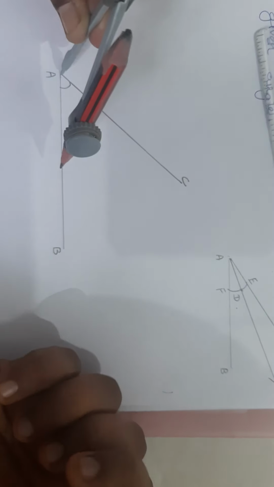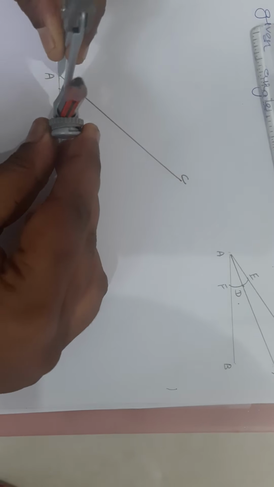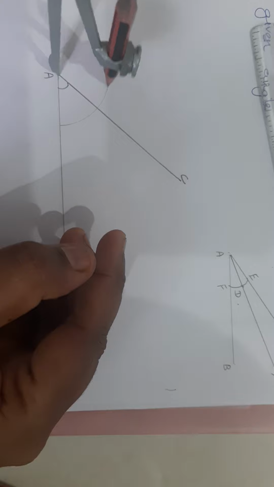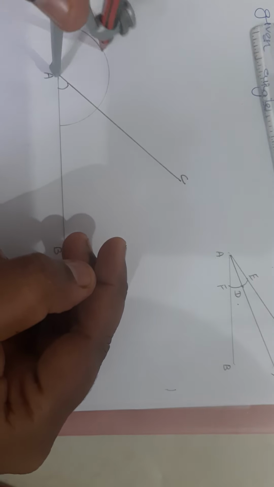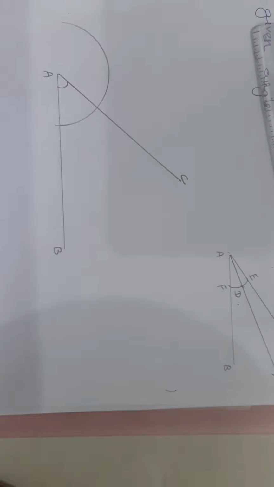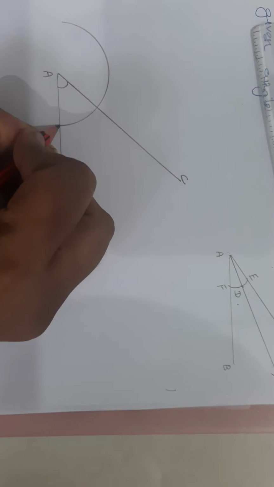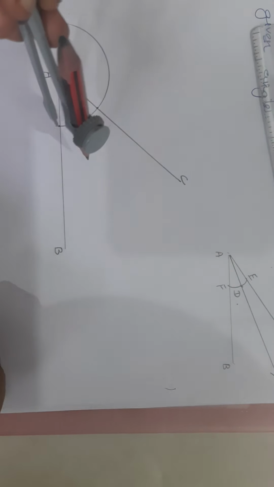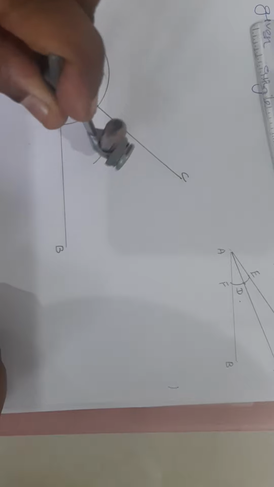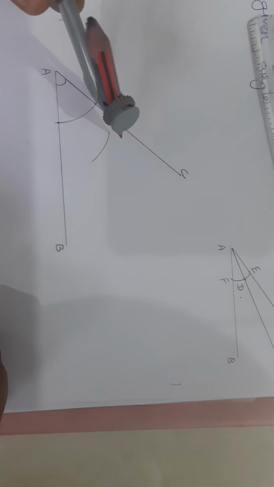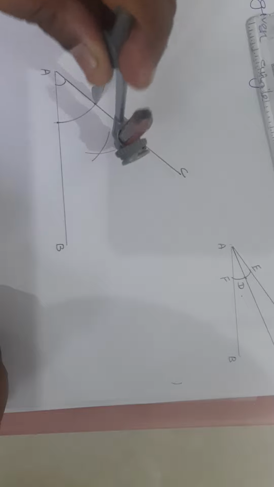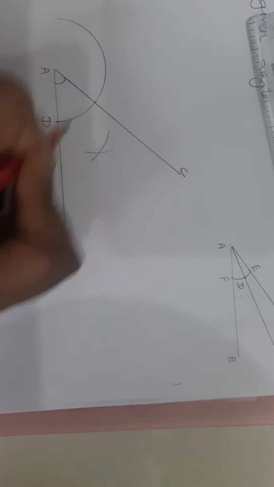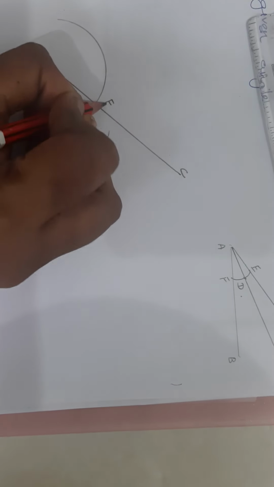Okay, you have to keep the needle in. Then take any one radius. Any radius. You just draw one arc. Then mark it as that point and this point. The same radius, you have to keep the needle. Cut one arc here and keep the needle. Cut one arc here. See, this is D. I point it as D. This is I point it at E.